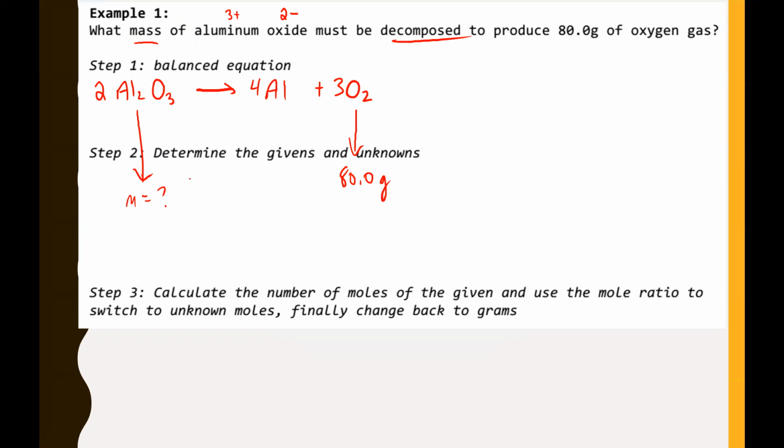One thing I need to highlight here is, remember, the only thing that can carry over from one piece of a chemical equation to another piece is the number of moles you have. And the question didn't give us how many moles we had of anything, so we actually have to calculate that first and then use the moles and the molar ratios, that's the coefficients in front of each of these, to figure out the amount of moles of the thing we want before we can figure out the mass. First things first, let's have a look at our 80 grams of oxygen. Notice it's oxygen gas. That means we're going to have to take 2 times the molar mass of oxygen, and the molar mass of oxygen, I believe, is